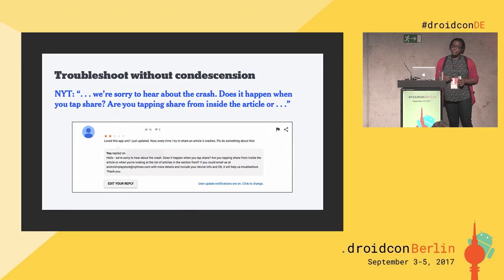Next, troubleshooting without condescension. So again, remember, users do not know as much as you do about how your products work or how they're supposed to work. I've also found that depending on your demographic, you may not realize the degree to which people do not know things that you take for granted. So one great example of this is pull to refresh. Pull to refresh exists in most Google products, and thus it could be easy to assume that most Android users would understand how pull to refresh works and use that as a means to refresh the content. Turns out that's not always the case.